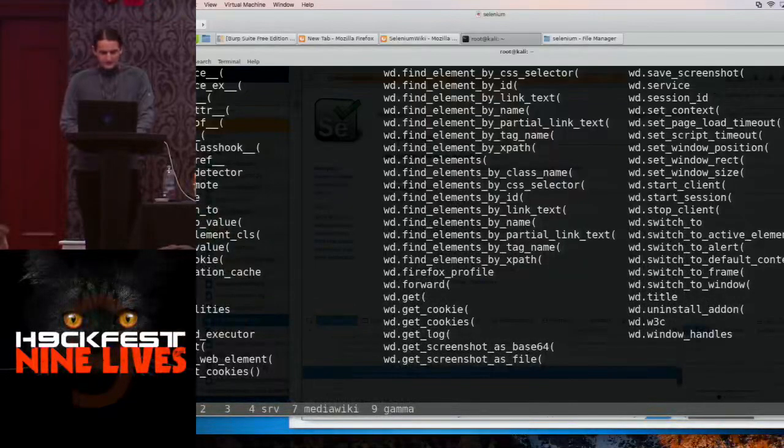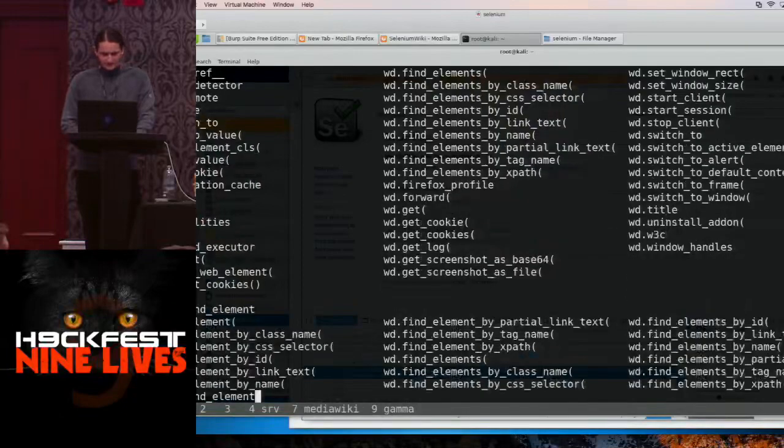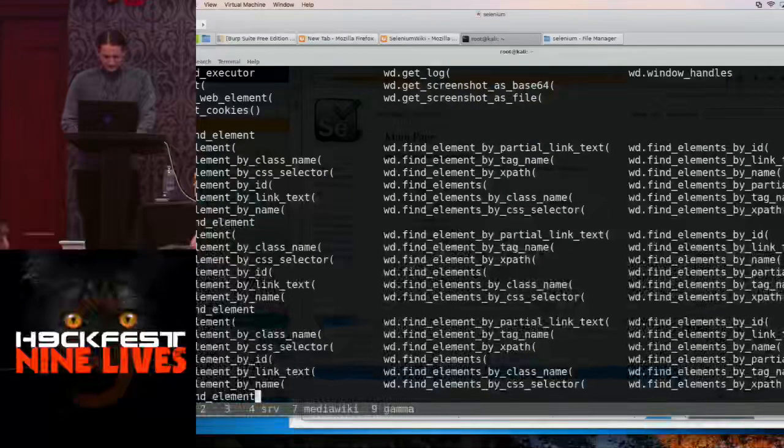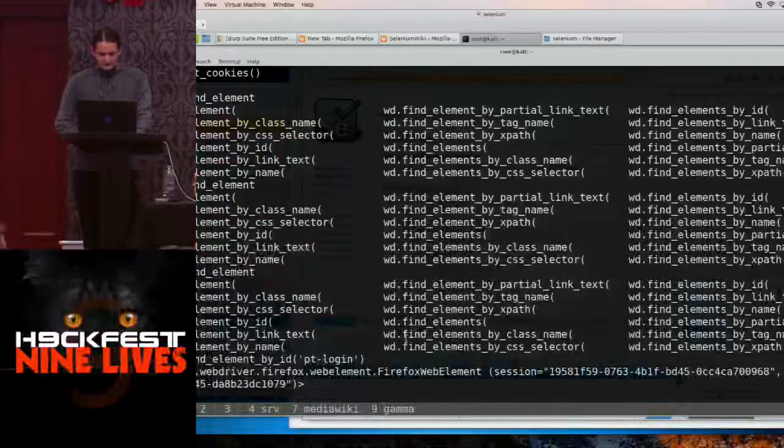So we'll do WD dot. You can see the pattern. These all begin with find. So let's do WD.find, tab complete. Again, you have to hit tab twice usually. Find element, double tab again. find_element_by_id. Let's do pt-login. We can see that returns a Firefox web element object, and that's great because that's something